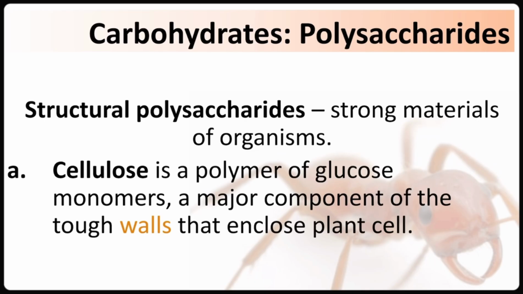Now, for structural polysaccharides, these are carbohydrates that give strength and support to cells and tissues instead of storing energy. In plants, cellulose is the main structural polysaccharide forming strong cell walls that help maintain shape and protect against external forces. In animals and fungi, chitin serves as a structural polysaccharide making up insect exoskeletons and fungal cell walls for rigidity and